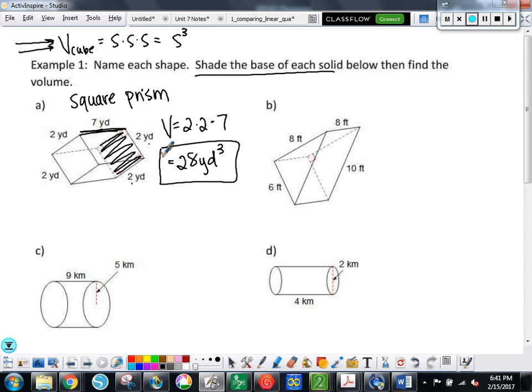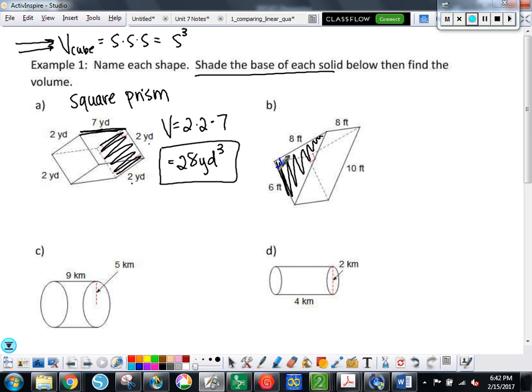Okay, part B. What's the base shape on part B? It's kind of hard to see these sometimes. I'm going to shade in this guy right here. And the reason I want to shade him in is because on the triangle,